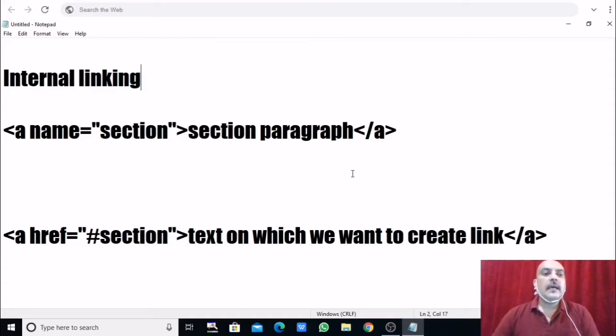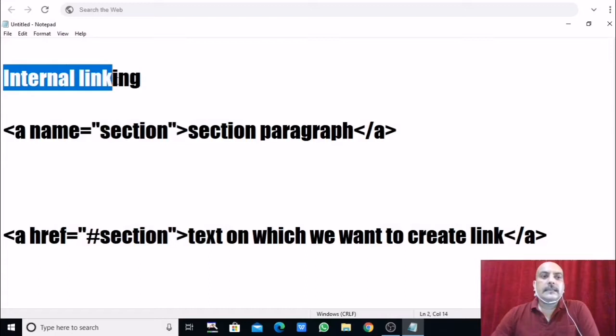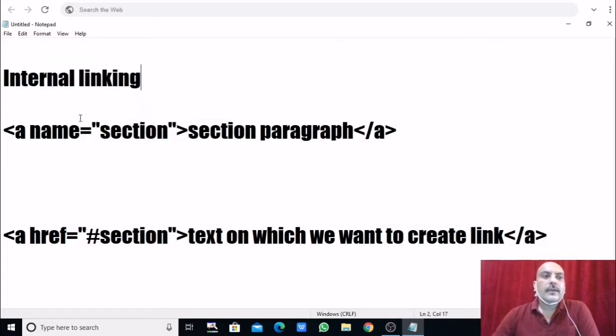So here it is, see the syntax of this internal linking, an example. Now see here how we can create internal linking. First we use the a tag, and with the a tag we first of all define the section name.